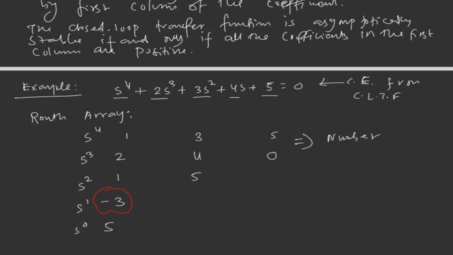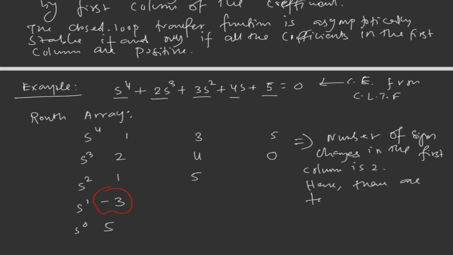Based on the number of sign changes, we can say the number of poles that exist on the right hand side. The number of sign changes in the first column is 2. Hence, there are 2